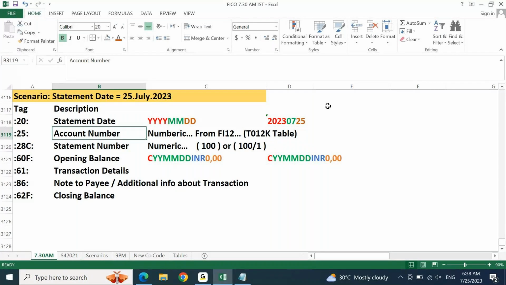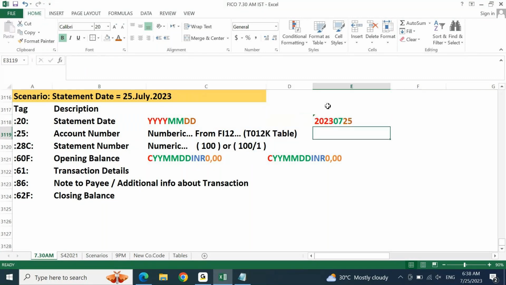Your account number is numeric. When I say numeric, this is from your FI12 or T012K table. So what I'll do, I'll put this information here. Account number, I may say some number like this, which is coming from your bank statement, and this account number is represented with your house